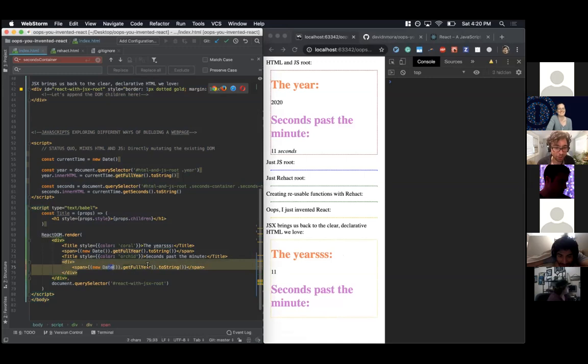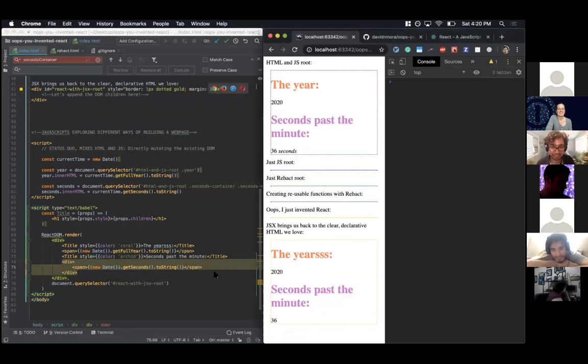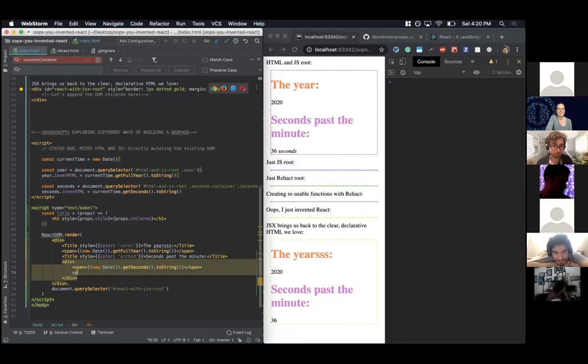I'm going to create a new date. I'm going to get the seconds. I'm going to convert it to a string. Boom, this is exactly what I want. Now I'm going to go ahead and create a new span down here. I'm going to put seconds inside of it, and I'm just going to use this as a pure HTML